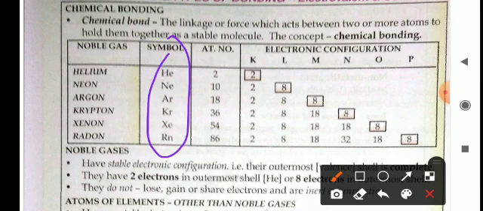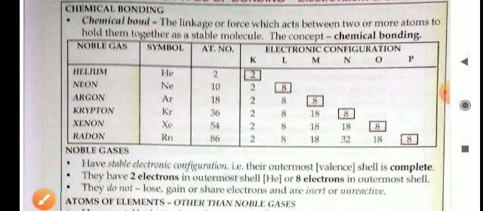Except these elements, all other elements of the periodic table become like these elements because they have complete octets, and they contain 2, 8, 8, 8, 8, 8 in their valence shell because they have the complete octet, so they are called zero group elements.